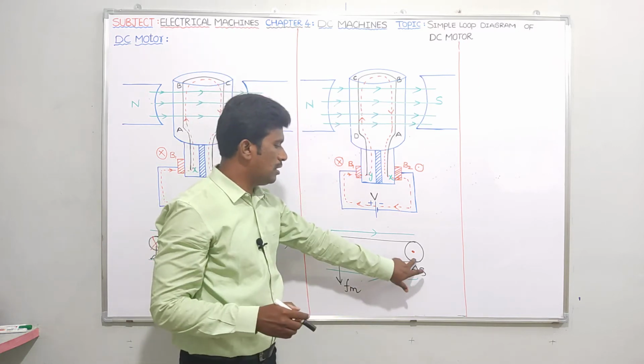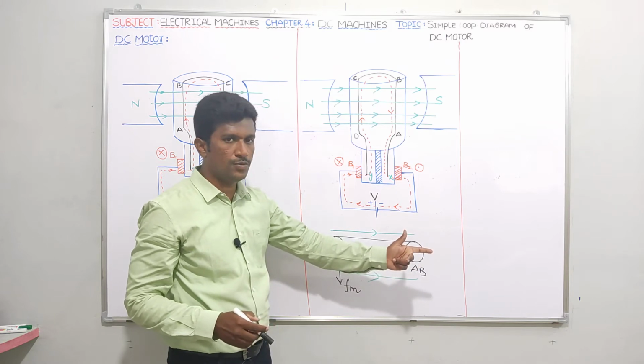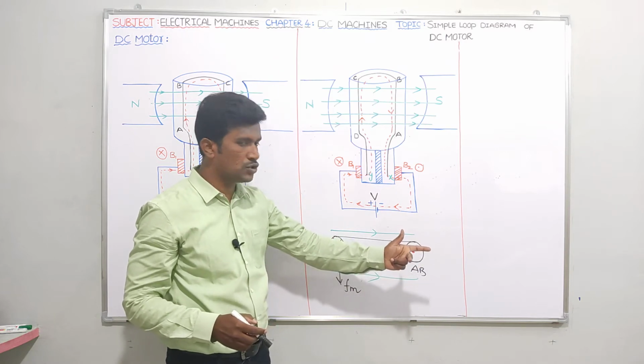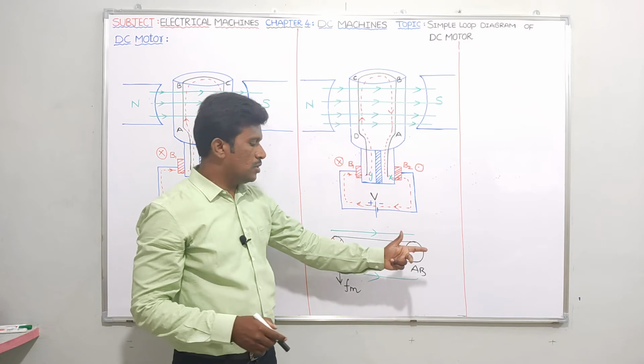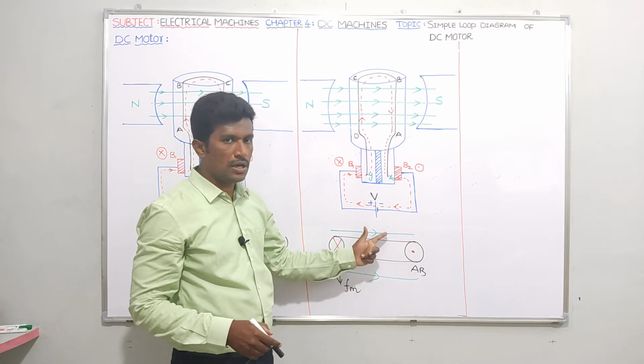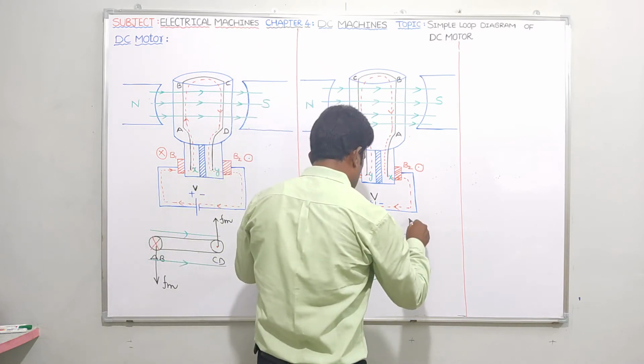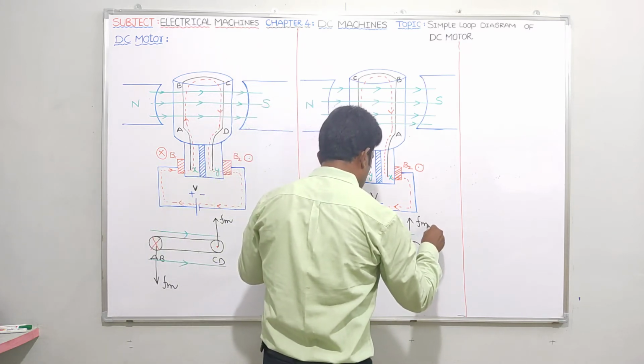Once again here at AB conductor, when a current carrying conductor, dot now, out of the board, center finger should be outward, center finger should be out of the board. So when a current carrying conductor is placed in a magnetic field, forefinger means the rest of this green color, it experiences force upwards. This is what I can say is the direction of force experienced because of motor action.